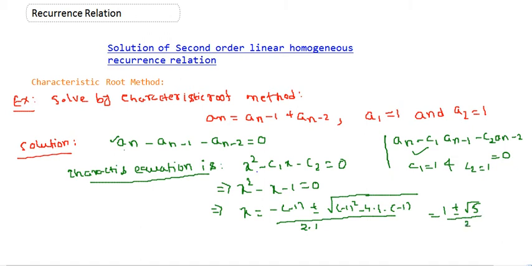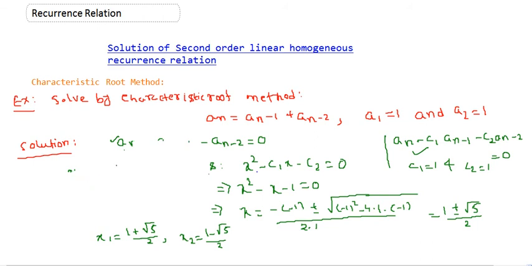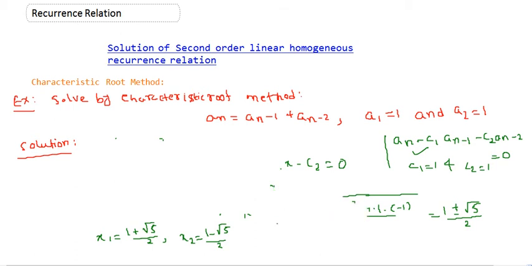So here we get two different roots: x1 is (1 plus root 5) by 2 and x2 is (1 minus root 5) by 2. So we get two different roots of this characteristic equation. So from there, if I use the roots method, the general solution will be, let me erase this first. So the general solution is,